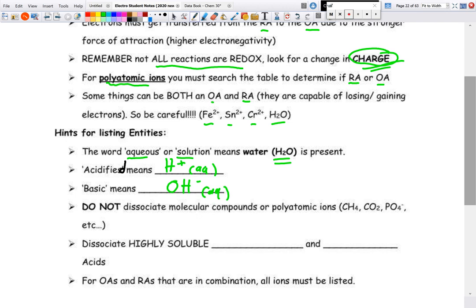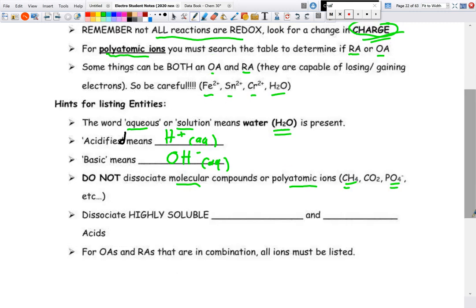Now also, if you're given molecular compounds or polyatomic ions, remember, don't dissociate them. So if you have something like methane, if you put it in solution, it's going to stay as methane. If you have the phosphate ion, it's going to stay as the phosphate ion, and so on. The only time we dissociate something is highly soluble ionic compounds. And of course, our